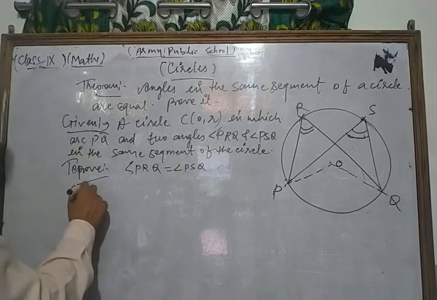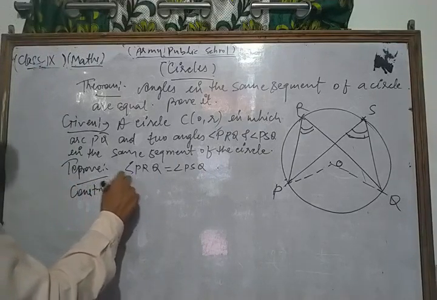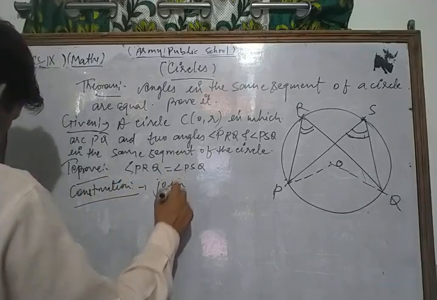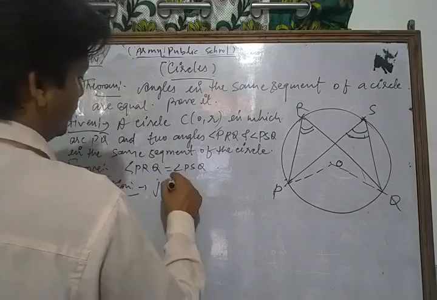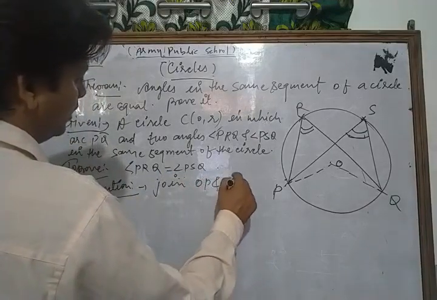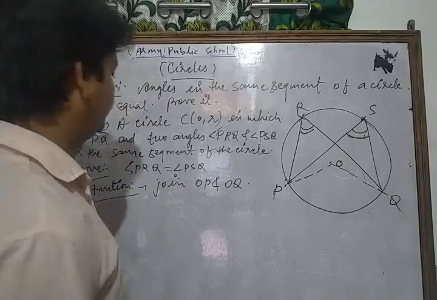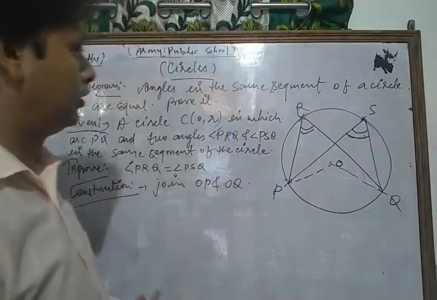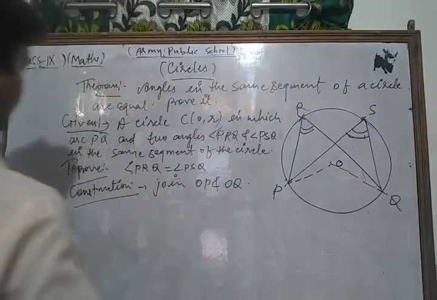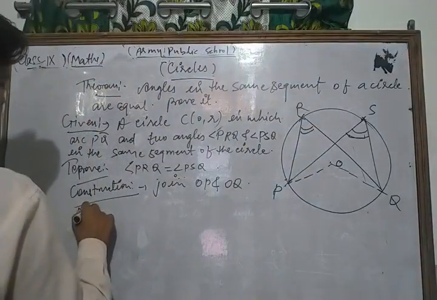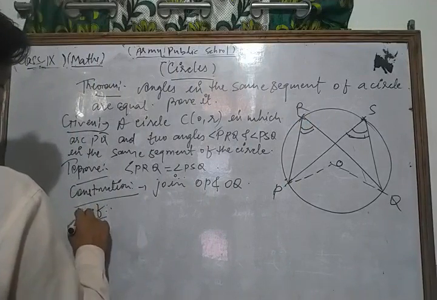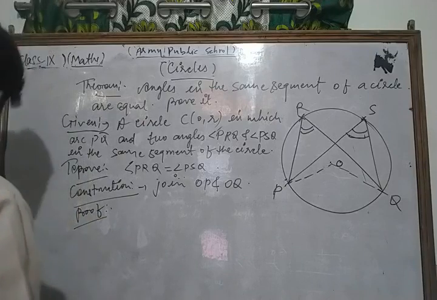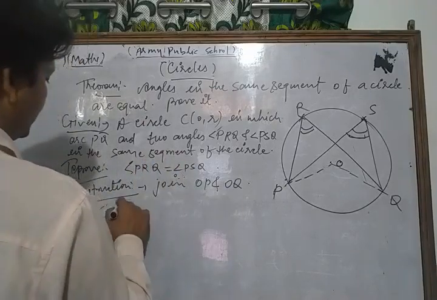Now we write the construction. In the construction, we just write: join OP and OQ. Okay, now look, now we write its proof. First of all we write the same concept. We know that